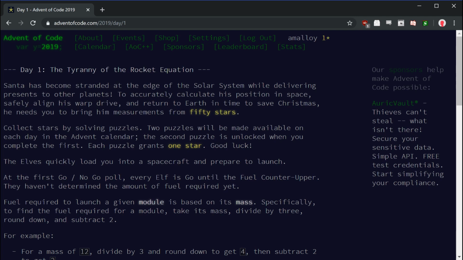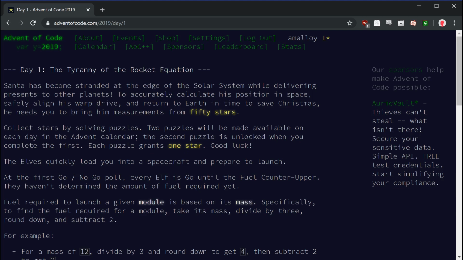And I like that this year there's some reason for stars to be relevant instead of just, I don't know. The stars were trapped inside of, I don't even remember what the stars were about in previous years. You went and found stars hidden somewhere, I think, in the first year. Anyway, it's kind of cool that this year the story is something where at least it makes sense that stars would be a thing.